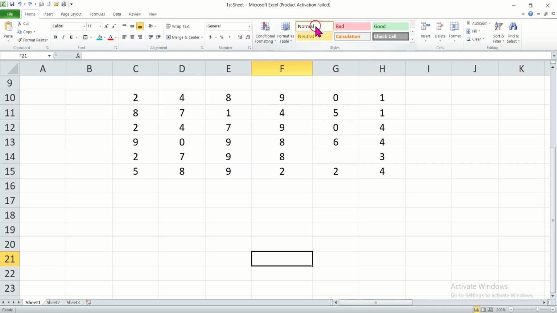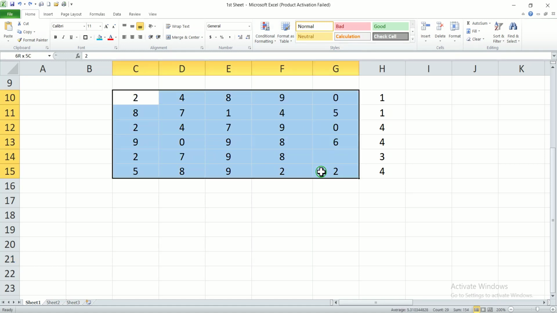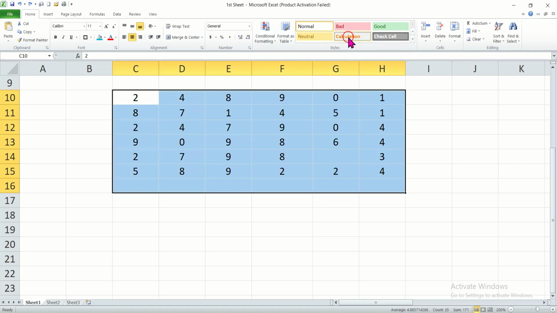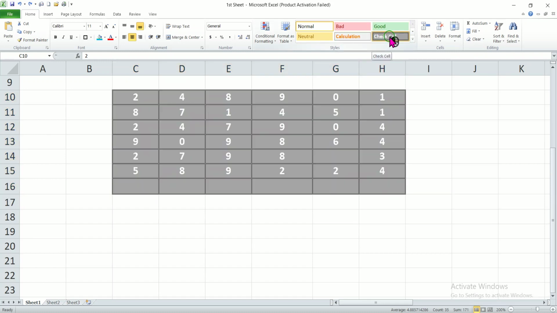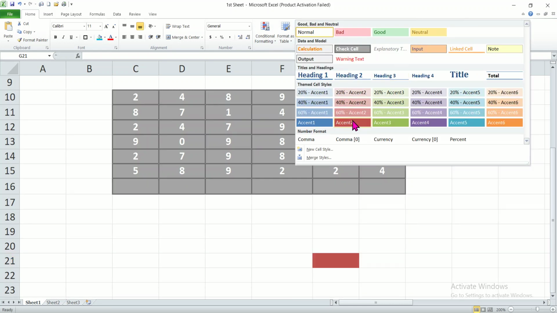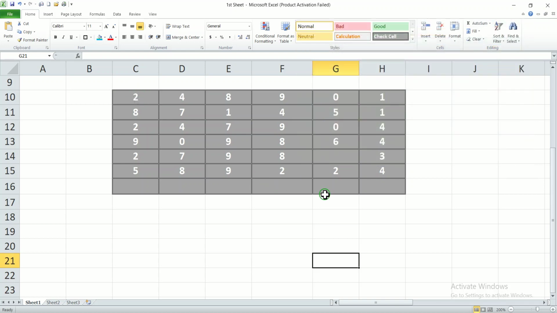So now here these are the different styles. If you select and want to change the style, you can see the style is changing. Like now this is another style color, and there are a lot of style colors you can change. You will select